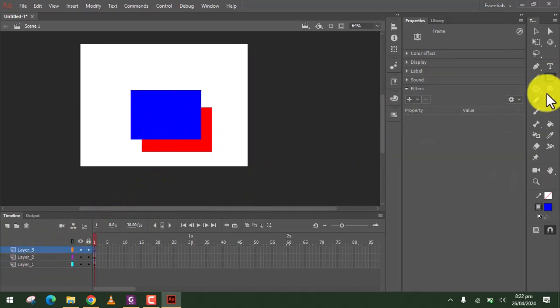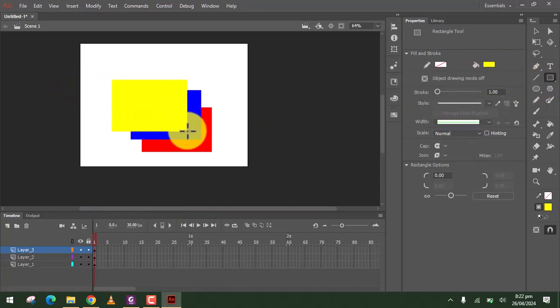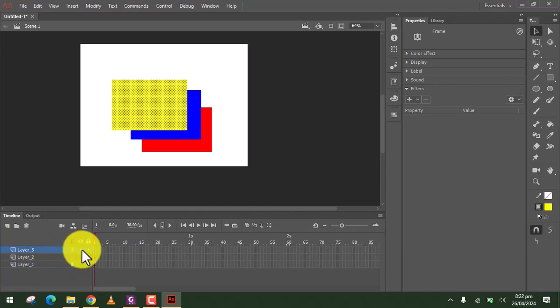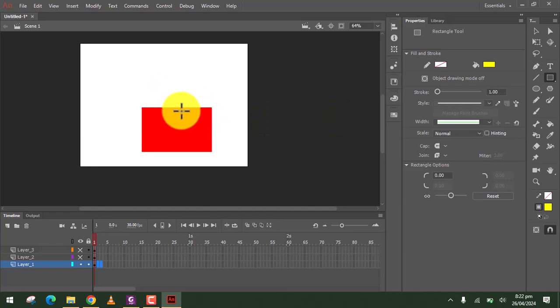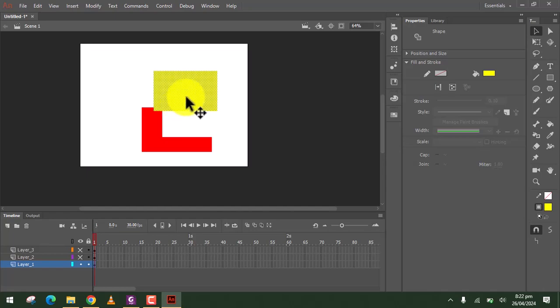Then I have layer 3, change it to yellow, like that. Now if I don't have layers like this, I'm gonna hide this one. If I don't have layers, I'm just gonna add yellow here. Now the problem is, if I remove this one, it will automatically delete or erase those previous layers. That's the problem. That's why adding more layers is very important.